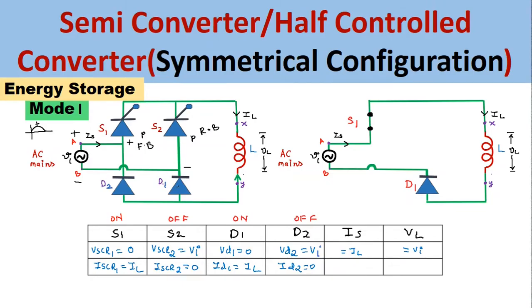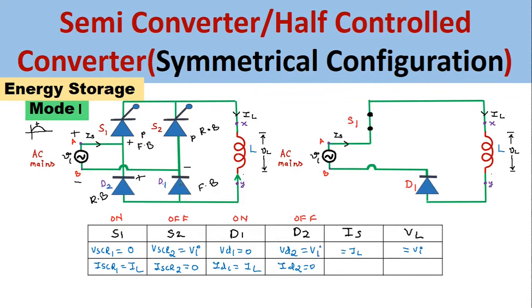Since diode D1's N side is negative, or you can say more negative than its P side, this diode goes into the forward bias condition and starts conducting, whereas diode D2 will go into the reverse bias condition because the N side of diode D2 will be positive, because this plus will come here. So diode D2 will go into the reverse bias condition. Both the reverse biased devices will act as open circuit. Diode D1 will act as short circuit.